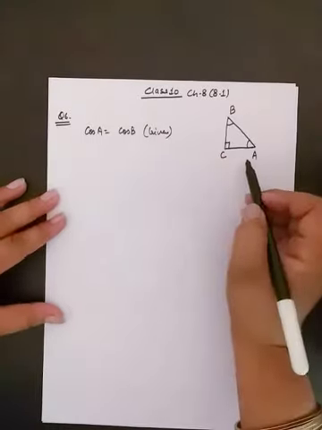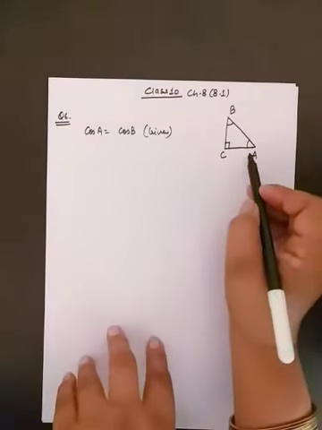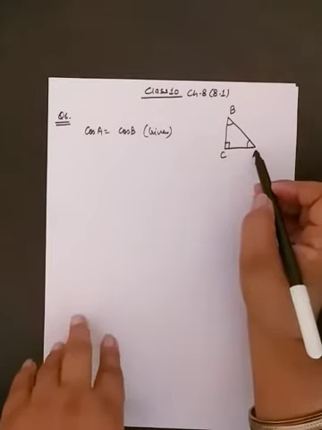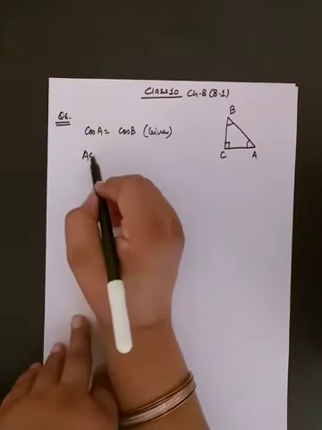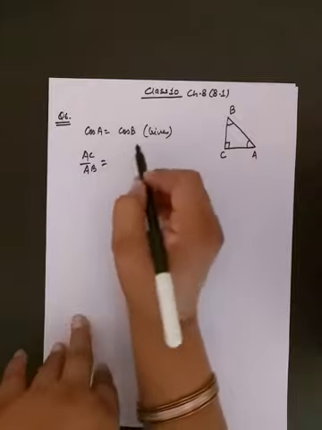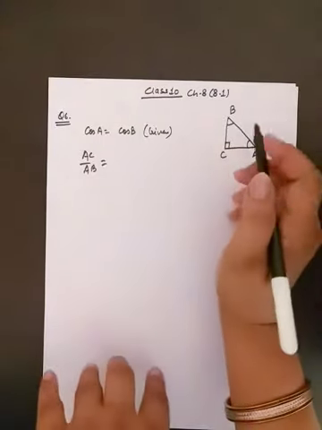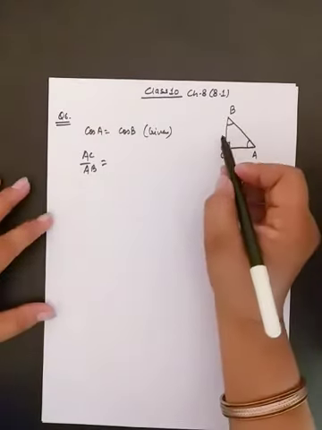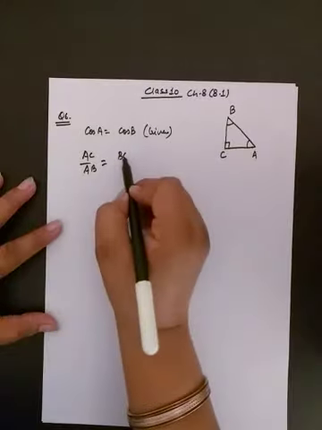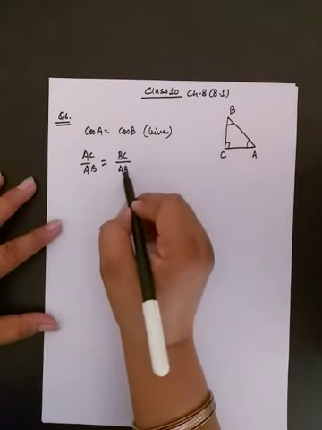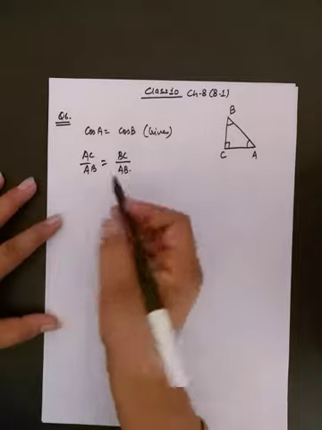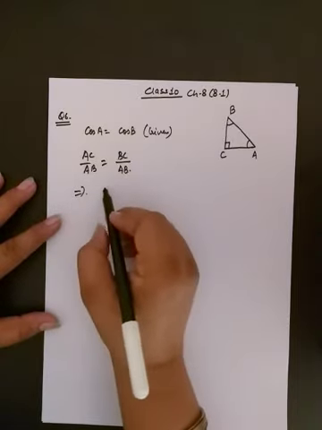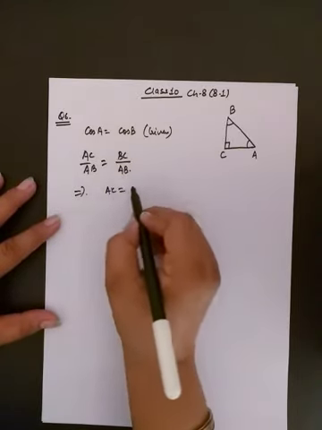So from the given triangle we can write the value of cos A, because angle A is in base, and cos A is AC by AB. And now we can write cos B also. When we rotate this triangle, base will become BC and hypotenuse will remain the same, that is AB. So we get AC is equal to BC.